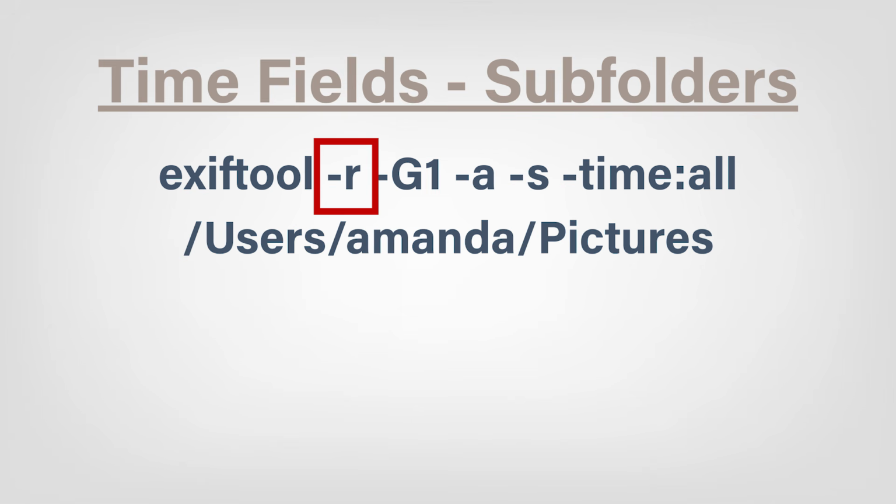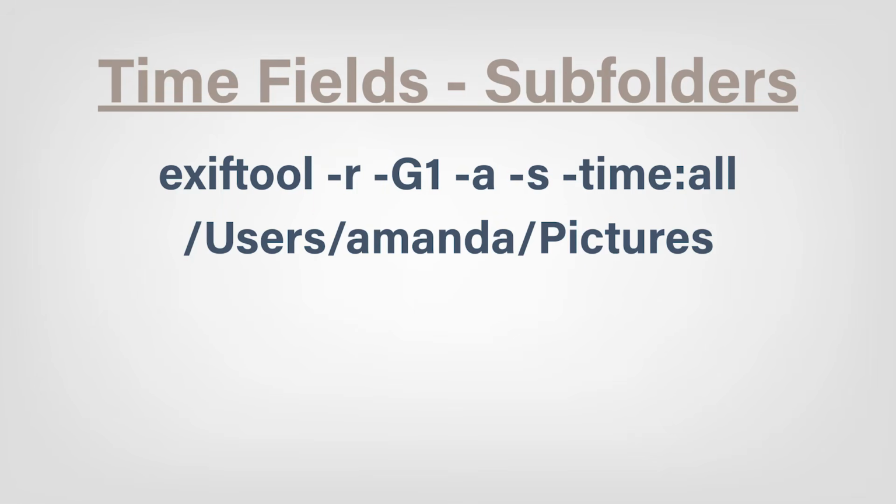Now, what if you don't want to do this one file at a time? This is where -R comes in. -R means recursive. So the Exiftool doesn't just check the folder you're in, it also checks all the subfolders. So in our little example, it becomes this. That little extra -R means the command crawls through your entire folder structure and reports back all the time metadata